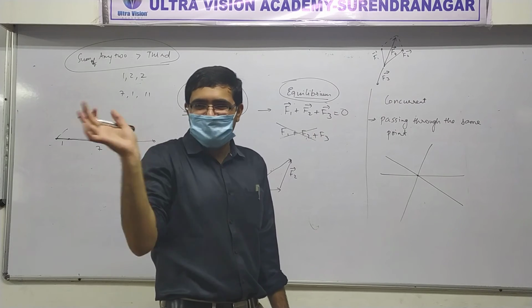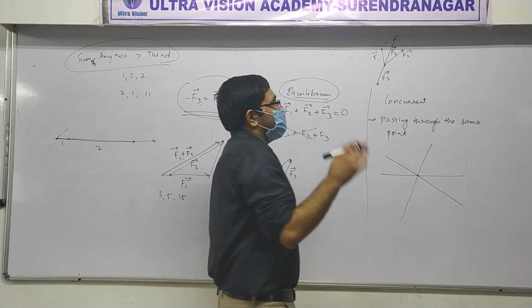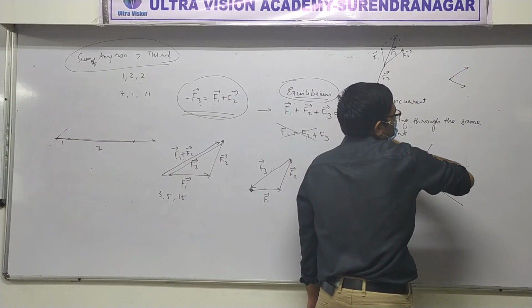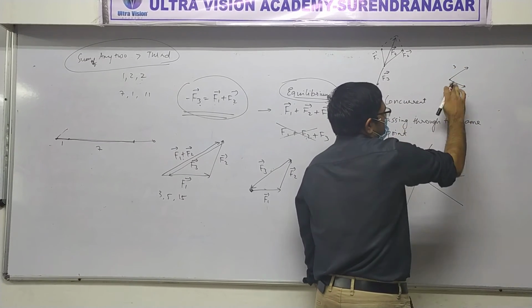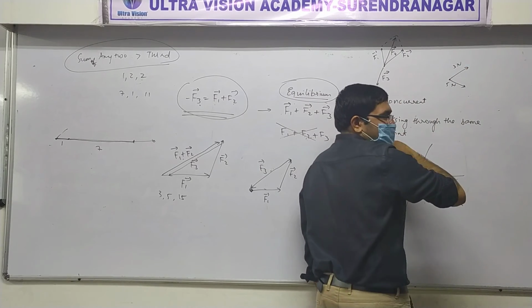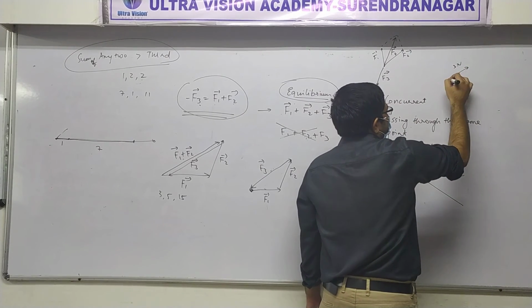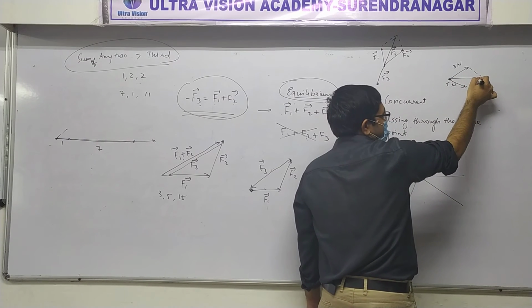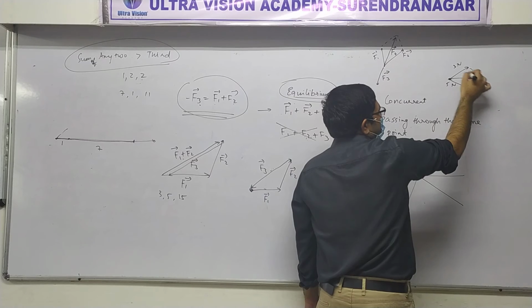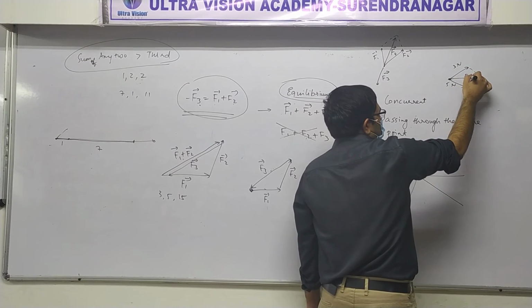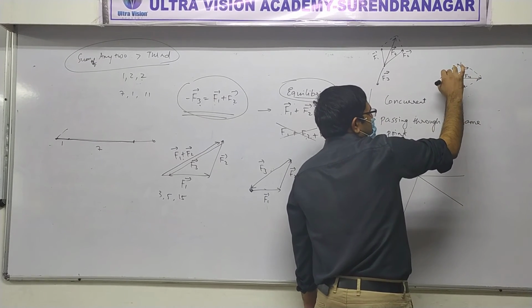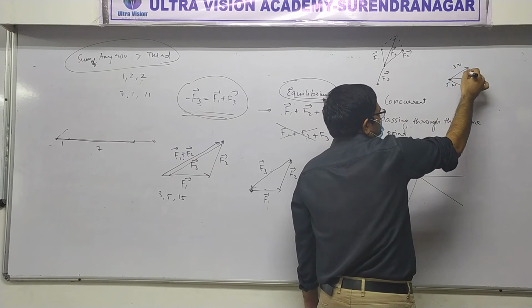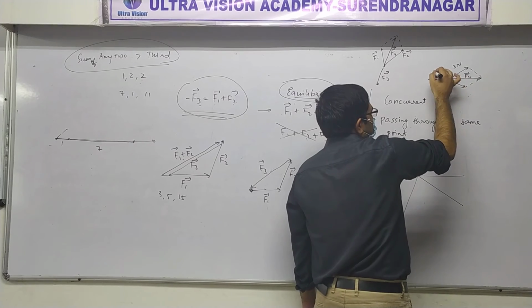What I mean is, suppose you draw two forces, let's say 3 Newton and 5 Newton, and I join them by their tails. By the parallelogram law, I add them. Did you get that? Yes or no? So now the resultant, let's call it F4. But the third force remains there. So that third force should be exactly opposite to this.